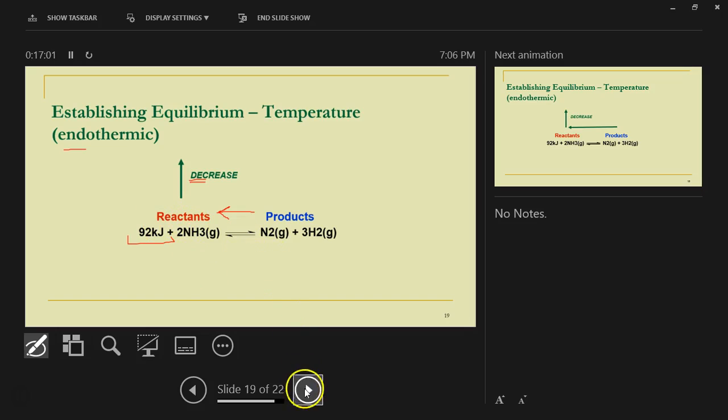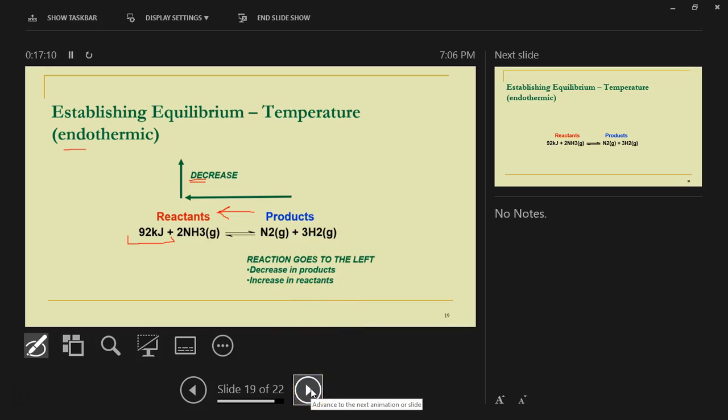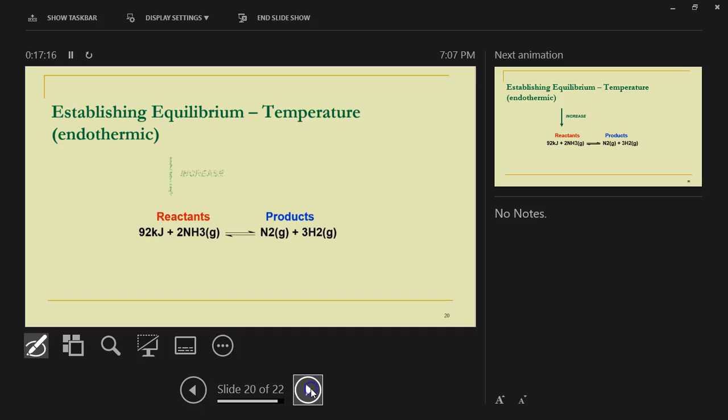So your reaction would shift to the left in favor of the reactants. You would have a decrease in products and an increase in reactants. That's what it means when we say in favor of the reactants. Okay, they may not tell you the location of your temperature, so you will need to know the difference between your endo and exothermic